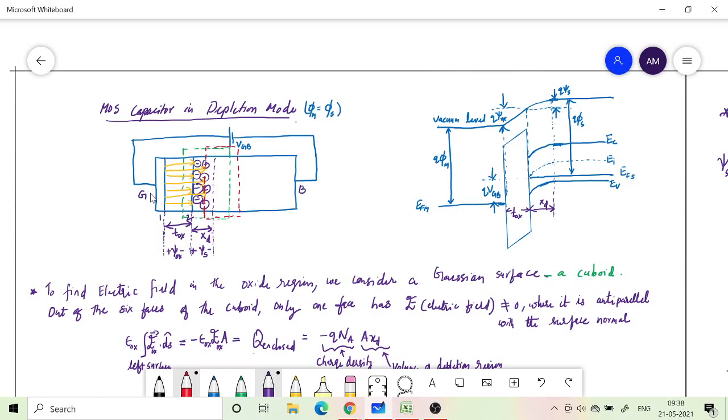Okay, so when you apply a positive voltage on the gate with respect to bulk, the electric field is always from positive to negative charges. So the gate is going to become positively charged like this, and the electric flux lines begin from the positive charge and they will terminate in the negative charge. So initially, let us consider the case where the voltage is not very large.